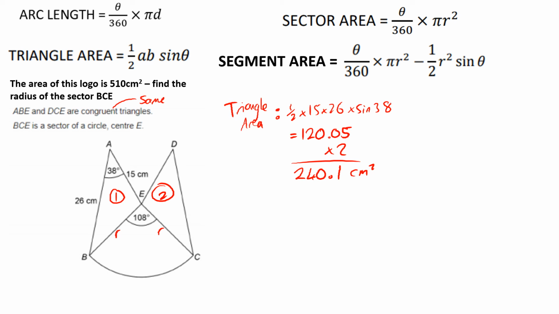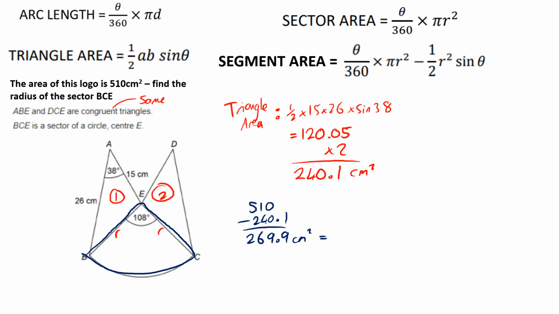Well, the area of the logo is 510, so what we could do is find the area of the sector by subtracting that from 510. So if we do 510, take away 240.1, we're going to get ourselves to 269.9 centimeters squared left over, and that is the area of our sector. Well, that's going to be equal to the formula for the area of a sector,